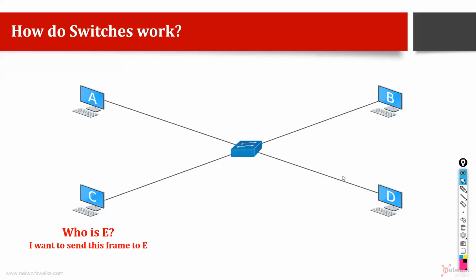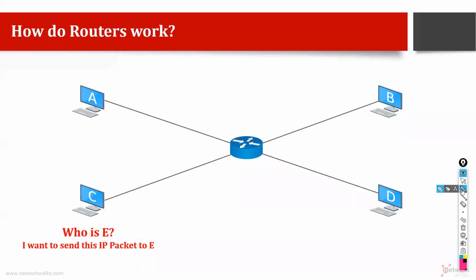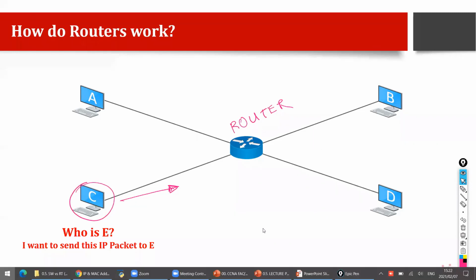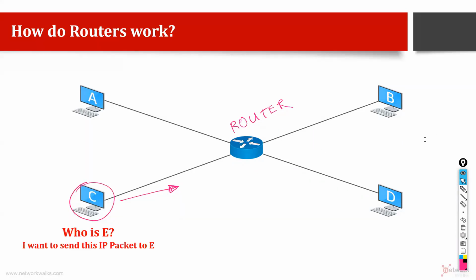Clear until here, guys? So what is the behavior of a router? Now let's see if the middle device is a router in place of a switch. Let's say this is a router, this is not a switch, right? So what will happen when C tries to send a message to the router? We just saw on the slide. So what will happen in this case, guys? Can anyone answer? Will it forward just like the switch or will it drop or what will it do?